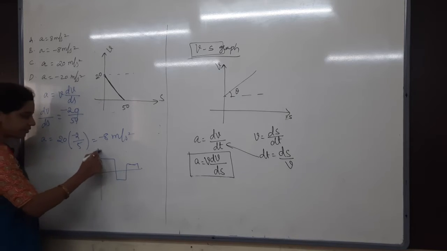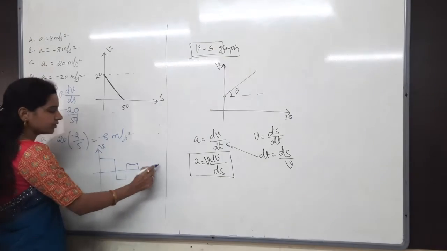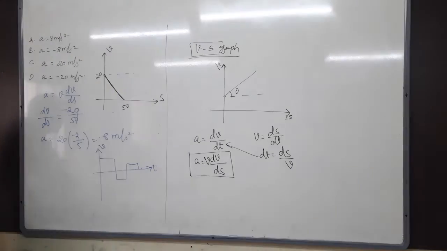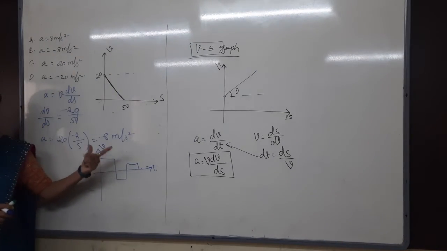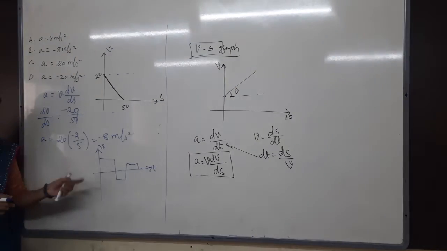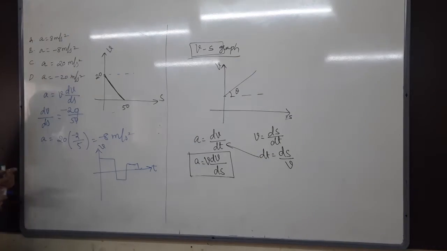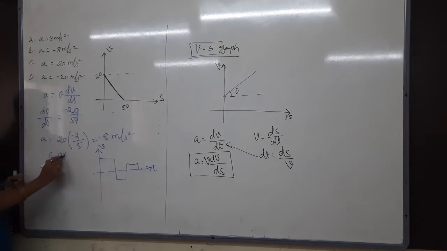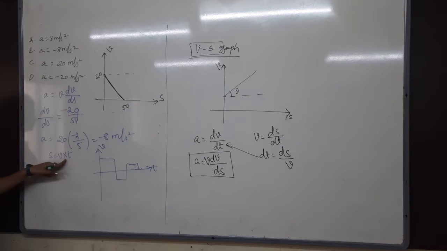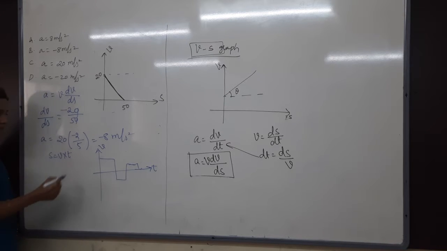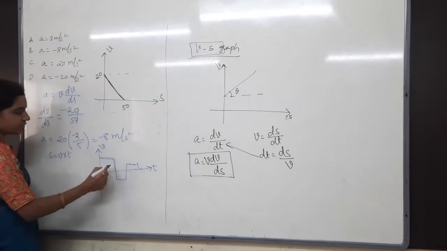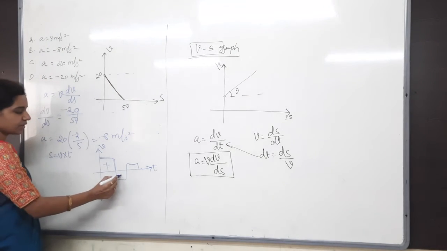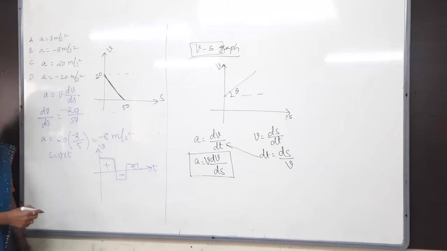Yesterday, whichever graph you solved, I have given like this. They said that you have to calculate the distance and displacement. From which graph have they given? I think the VT graph is given. So from this VT graph you have to calculate the distance as well as displacement. While calculating the distance or displacement, S is equal to, what is the formula for us? V into T only, nothing but what you have to consider? Area. So area, this is along the positive y-axis, so this will be plus and then this will be minus, this will be plus obviously.